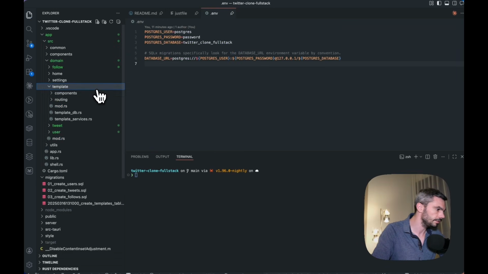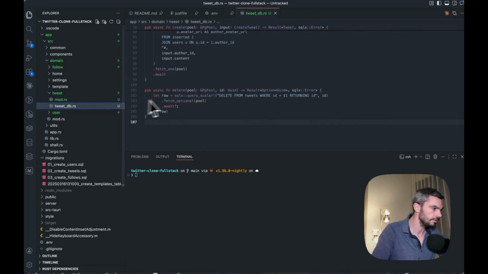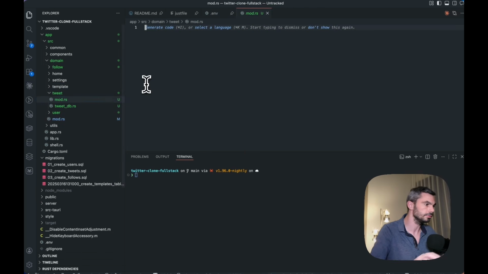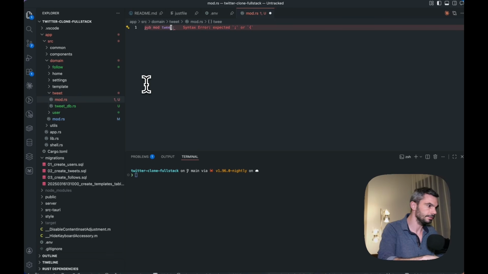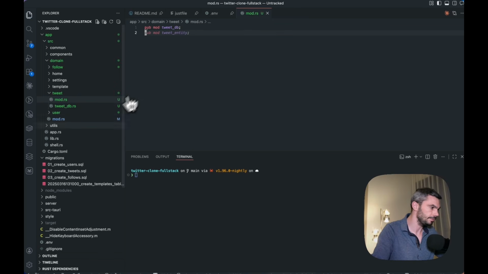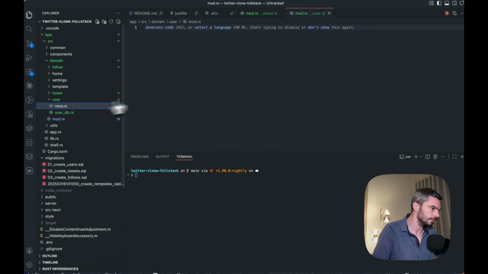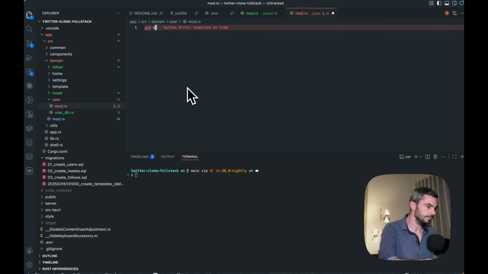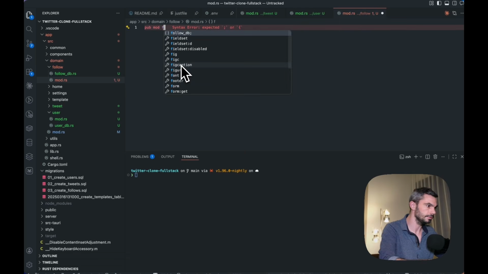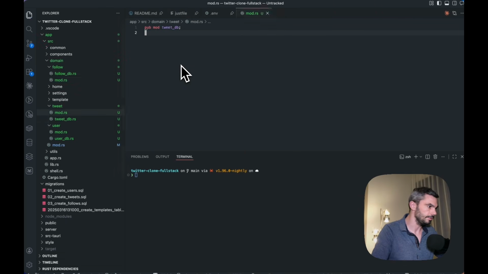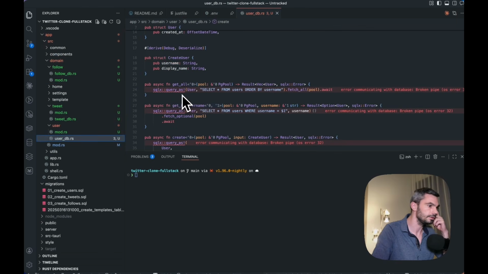Okay, so we are good for this, and now the idea is to change this a little bit to make it work also, and by the way, we also, of course, need this. Tweets db, okay, so user pub mod user db and follow pub mod follow db. Okay, so we are good for this, and now the idea will be to make it work also